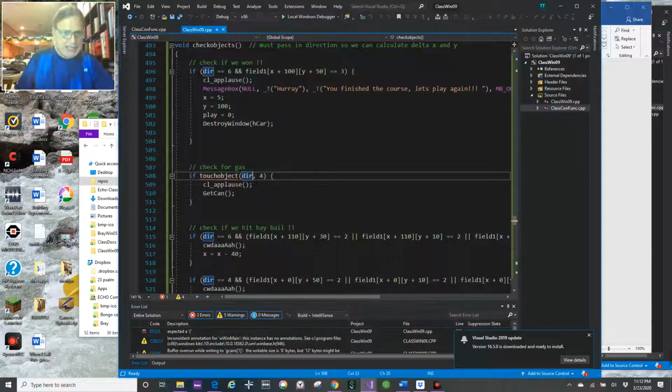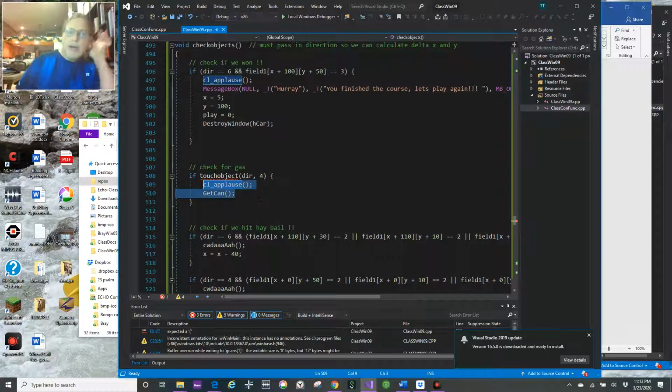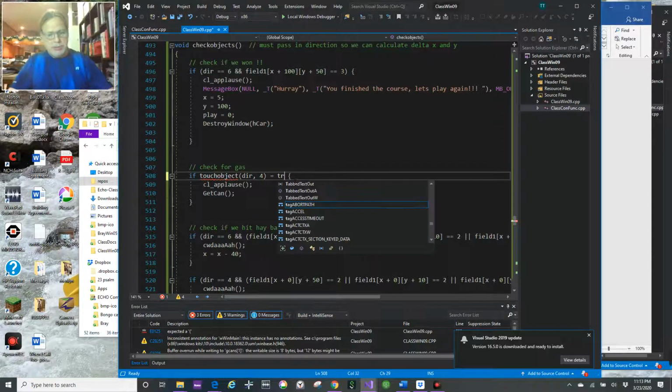So we're passing direction, and we're looking for 4. And if we get that result, we will do the CL applause, but if touch object was true,